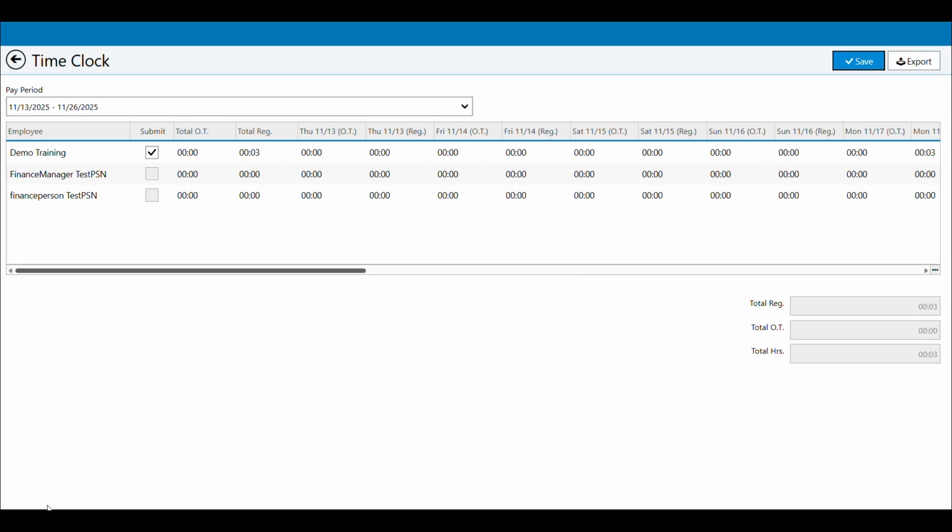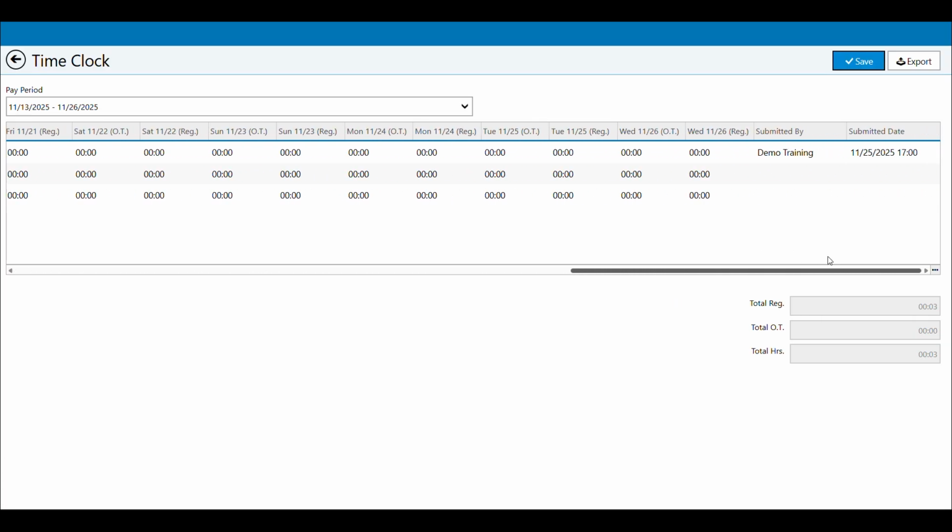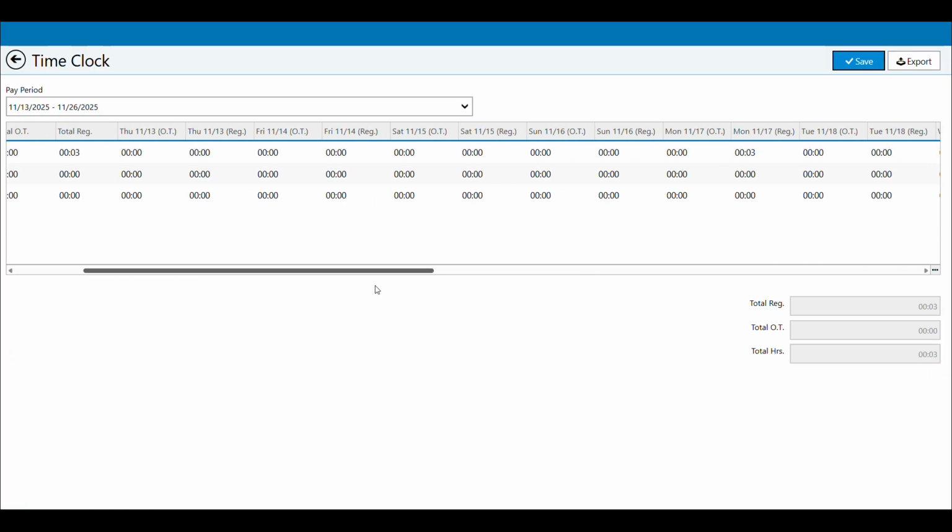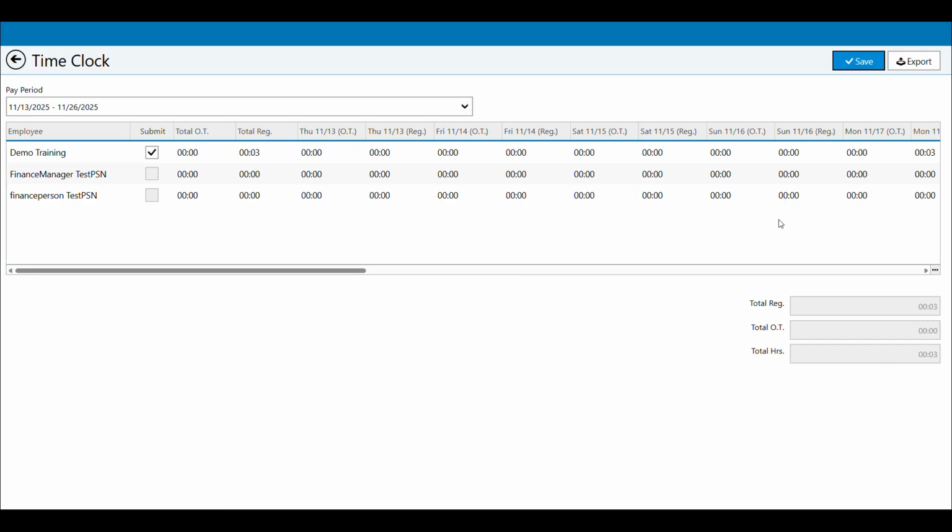You can see all the clock in and hours worked and in and out for the time in the pay period. You can see when somebody submitted their time card and the date, things like that, how much they worked, etc. Again, I don't have great data here as this is a demo account, so we don't have regular users clocking in and out.